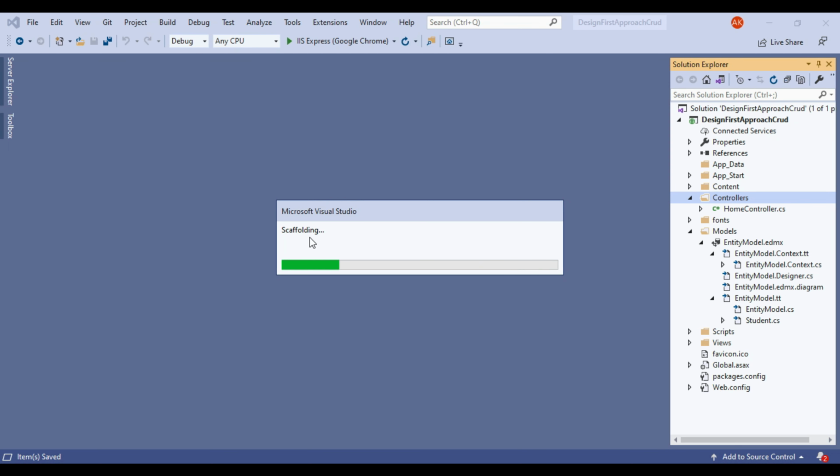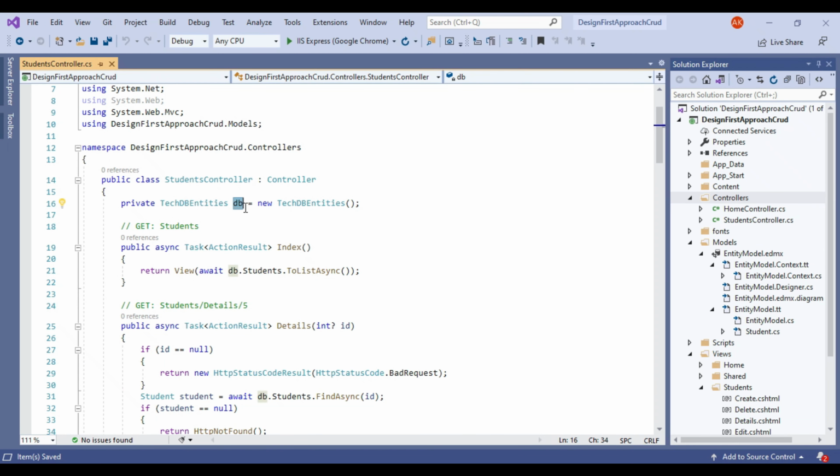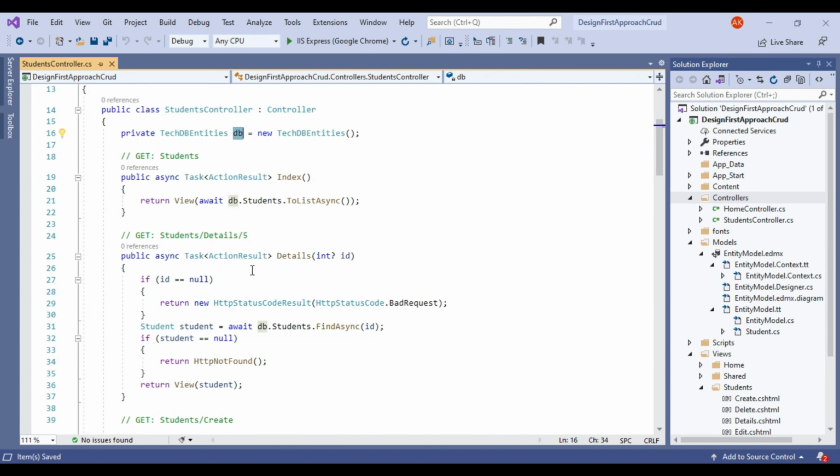So here it will scaffold our views. So it will generate all the methods: create, update, delete, details. So as you can see, this is our TechDB, which is nothing but our DB. So we have initialized here.